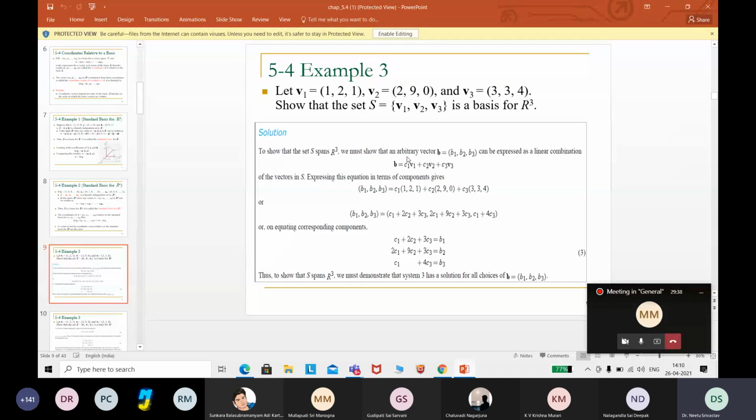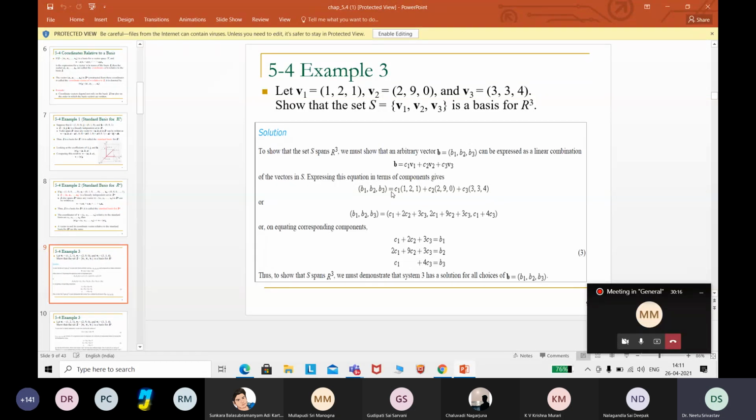Now this is going to give you the set of equations as C1 plus C2. All these are understood. As the number of steps increases, the multiplication and vector addition has to be done in the standard form. Everybody knows how to multiply C1 with 1, 2, 1. Every slot element should be multiplied, and then all the three vectors should be added component-wise. So just multiply and add all.